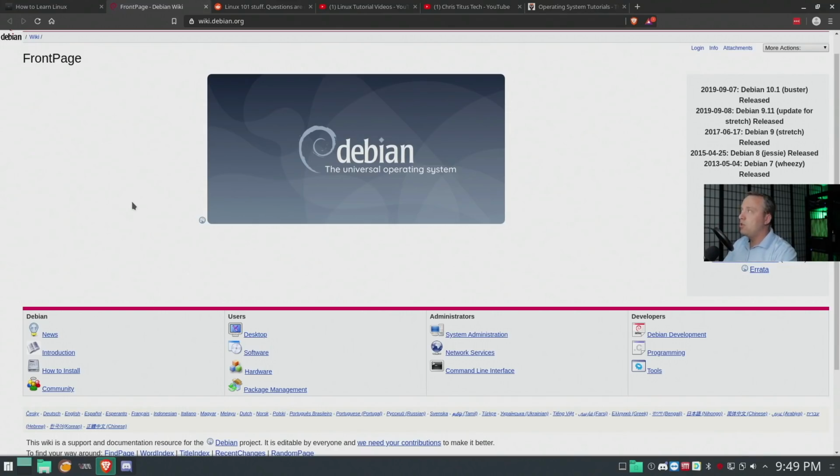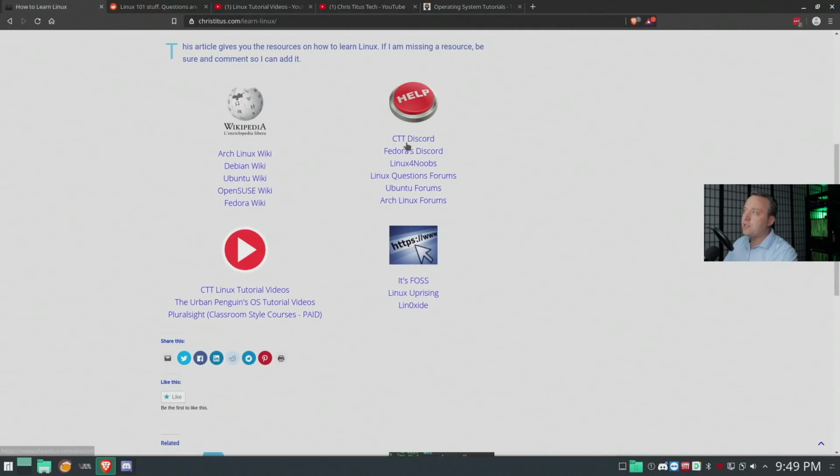So I really do like the Debian manuals, and Wikipedia is fantastic when it comes to Debian. Other places, like let's say you run in, I kind of labeled this help because live help is what you need. At the end of the day, when you run into a problem, you don't want to read the manual, or read the effing manual, as many people put it in forums. So I kind of laid out spots where you can easily do searches and just simply ask a